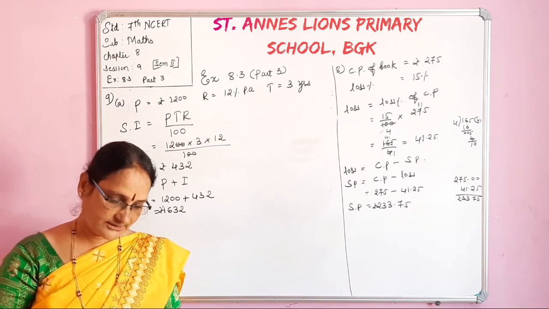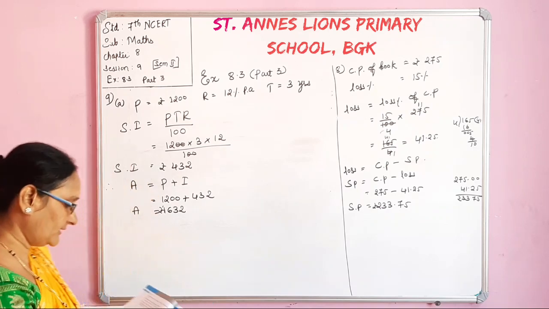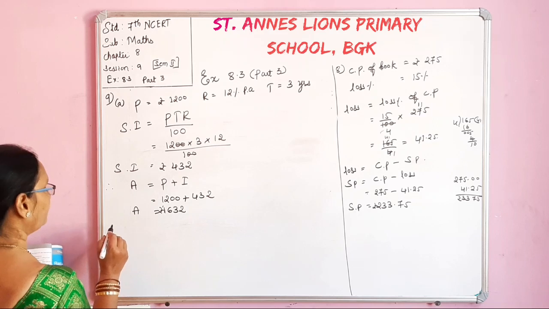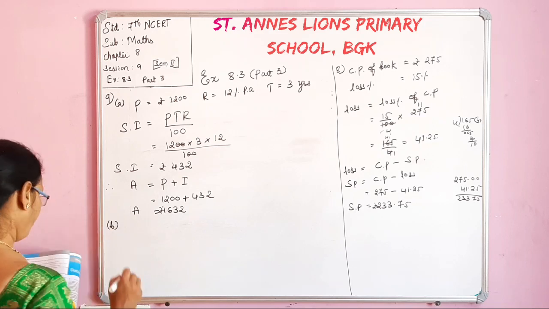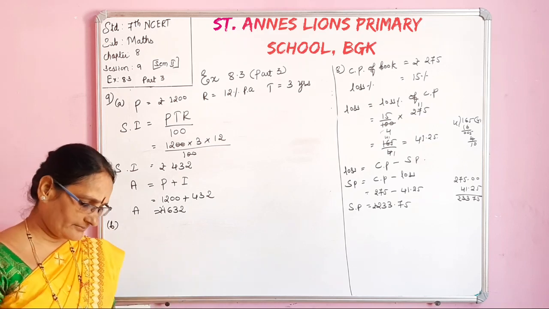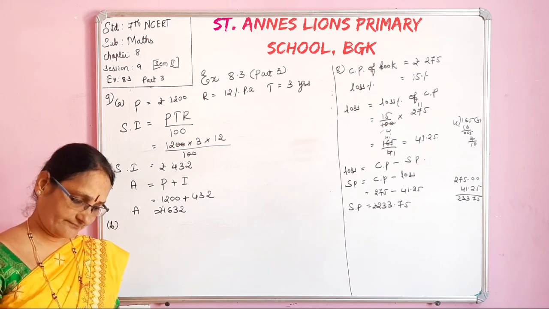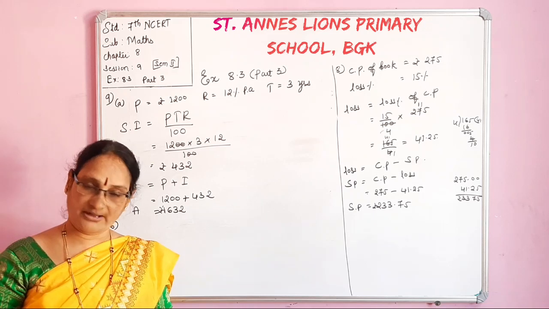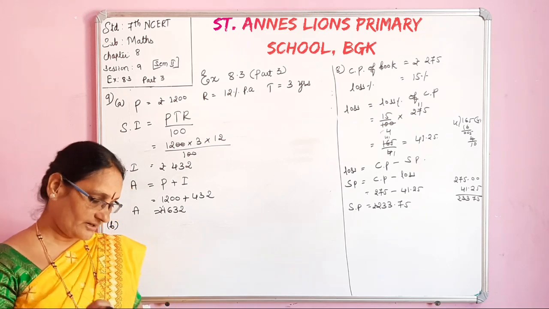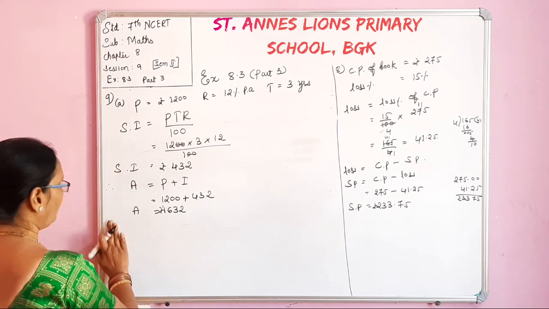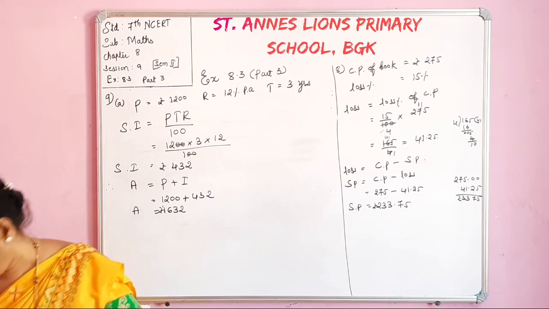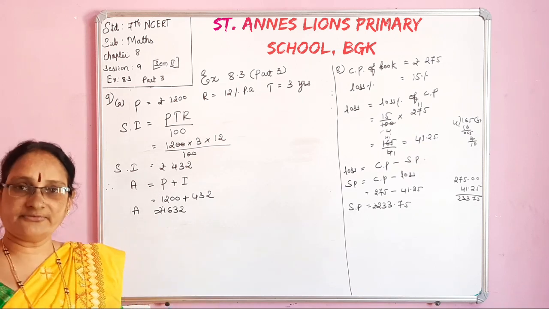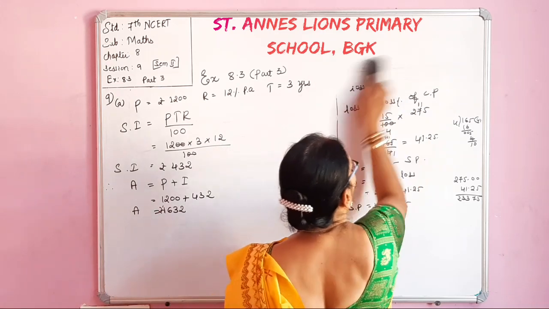Okay. Now the same way we will do for the second one, that is B. It is same. I hope you can do this one. Okay. Principal is 7,500 and it is at the rate of 5% per annum. So better you can continue this one. Now I go for the 10th problem. Second one please you do yourself. It's a very easy problem. Now 10th problem.